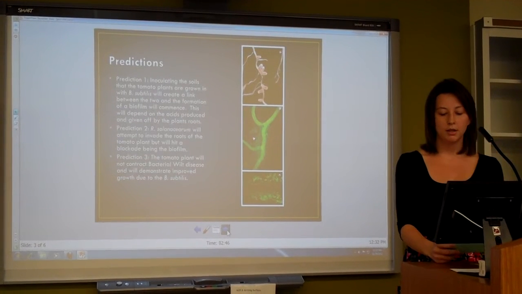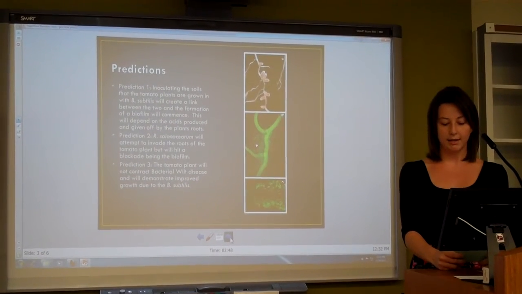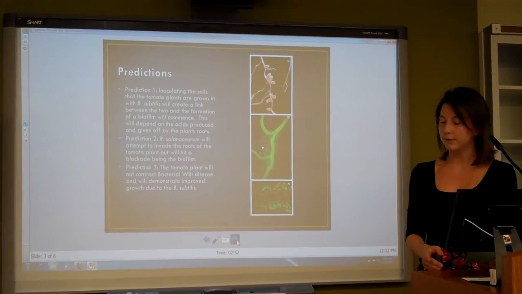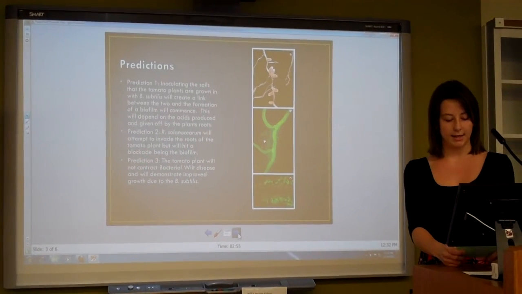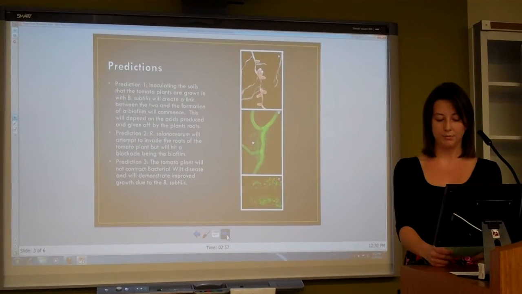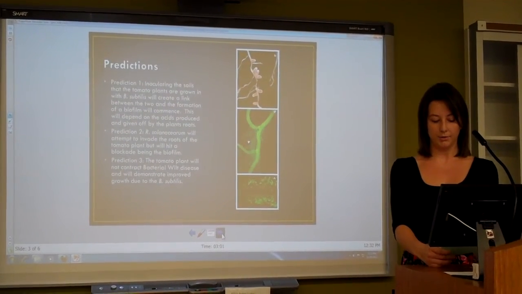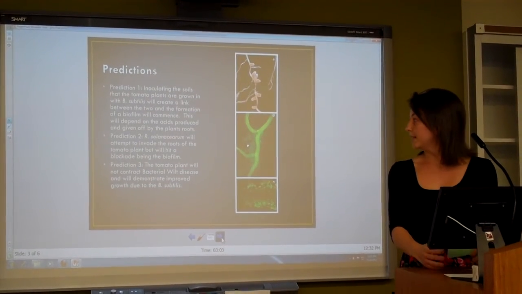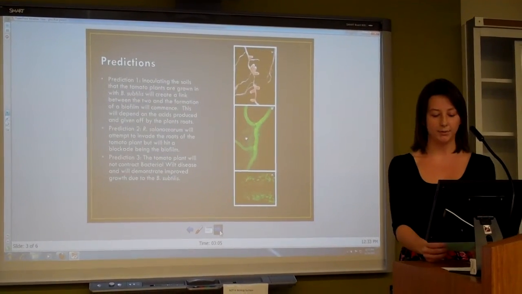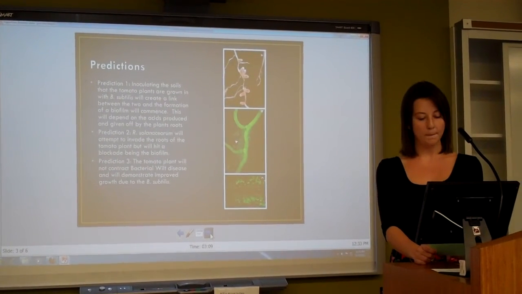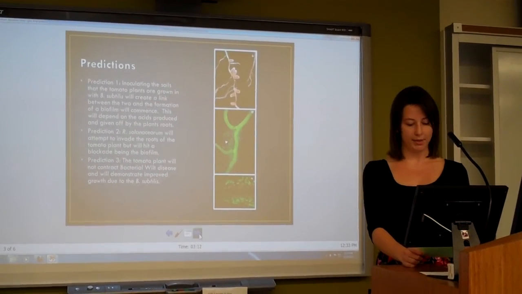So my predictions. My first prediction is that by inoculating the soil, the Bacillus subtilis will create a biofilm around the roots. For this, I'll be testing about every 3 weeks just to make sure a biofilm is produced, and I'll be doing that by using the Congo red agar method. And once I have the biofilm produced, that's when I'm going to inoculate the soil with the Ralstonia solanacearum, which is the next prediction, which will,